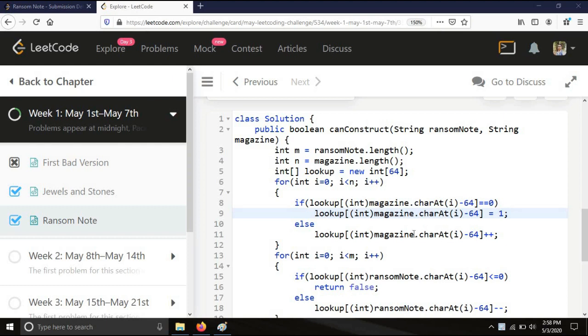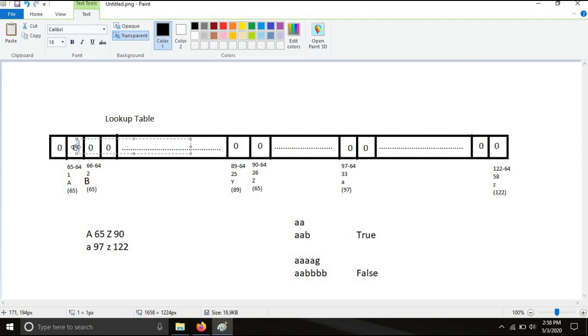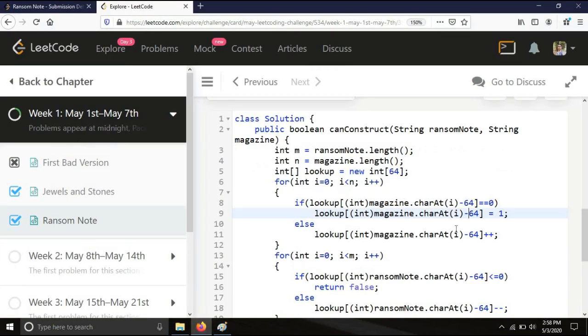Then 65 minus 64 equals 1, and here we can see that index 1 is representing A, and we will increase this counter value to 1. So this is what we are doing here. After that we increment. You can also do this directly here, but I have used the condition equals 0 just to check whether its initial value is 0 or not.